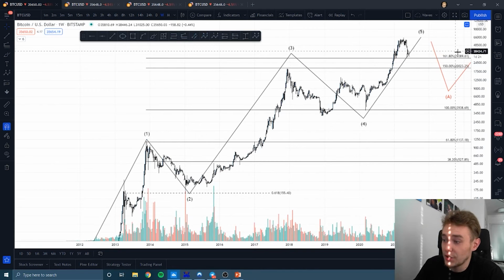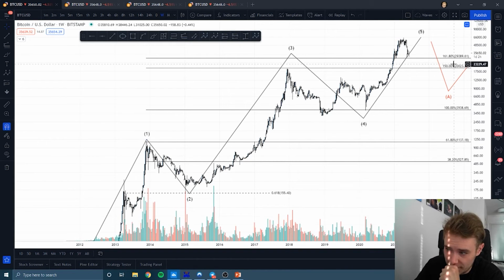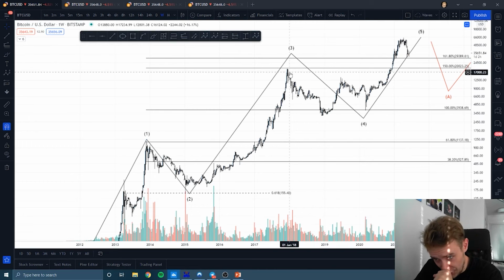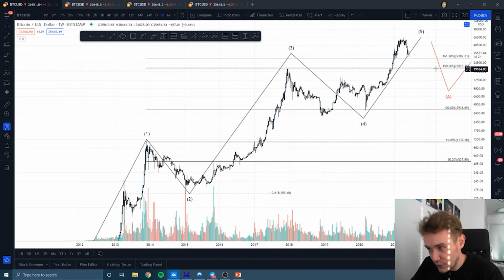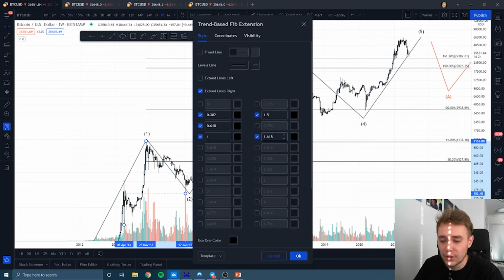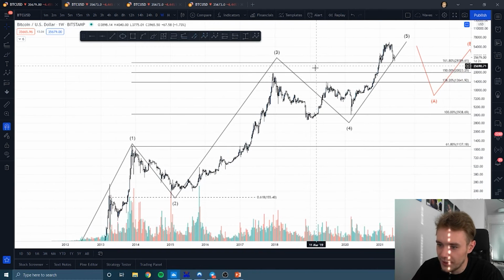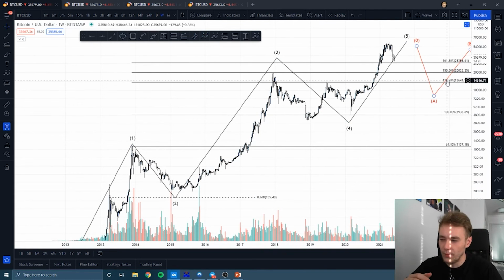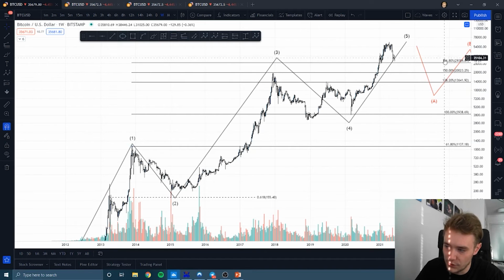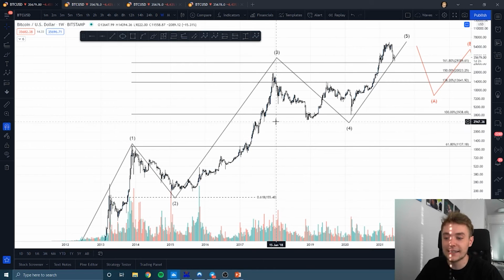So what do we notice? We do not actually test the 161.8% extension on the third wave. We do come close. We almost hit the 150, but this is why having those other extension zones is quite important, because I think what we'll see here is if we make this the exponential 138, we entered that kind of magical zone, right? So we did go into that zone between the 38.2 and the 61.8%. So that's why keeping all of these levels up and not only sticking to one level is important,